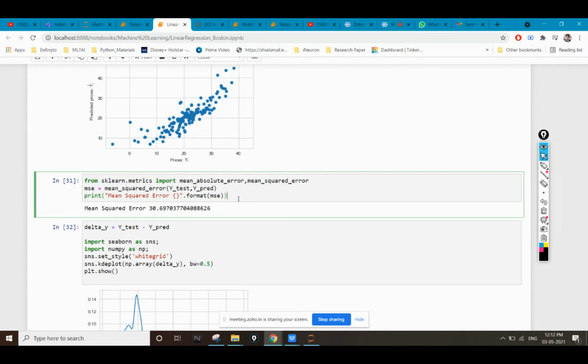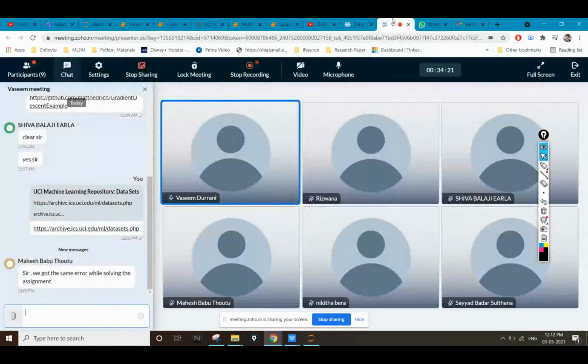So what should I do to get that accuracy percentage, that is, how much data is accurately fitting and how much data is not fitting accurately to my predictions? Okay, how to get that accuracy percentage? One way is to check the accuracy. We got the same error while checking.